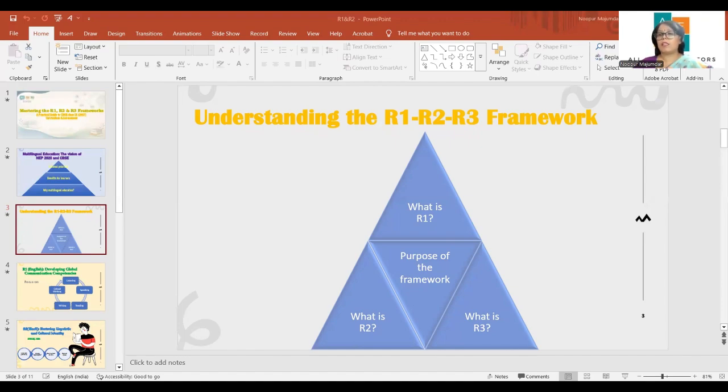Now, what is R1? Again, a little confusing, but very clear. R1 is the language in which the learner first develops literacy, and usually the language used as a medium of instruction. Suppose I am studying in a Hindi medium school. Most of the subjects I am studying are in Hindi. So my R1 will be Hindi. Ideally, it is the learner's mother tongue, right? Or another language that is most familiar to the child.